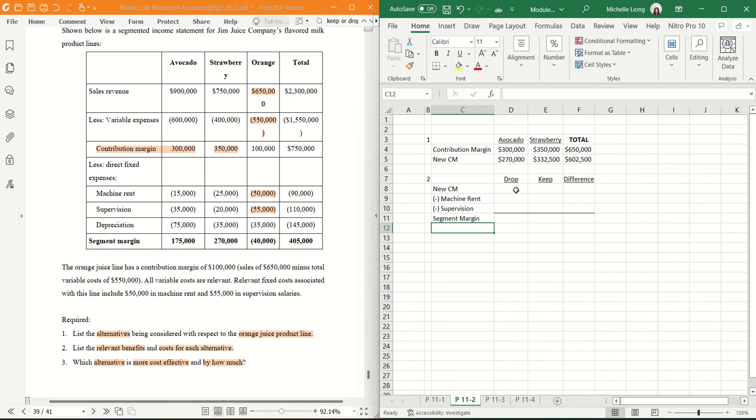So if I drop it, my new one is this contribution margin. But if you keep it, you will have contribution margin of this total, 750K. Okay, so 750K. The difference is